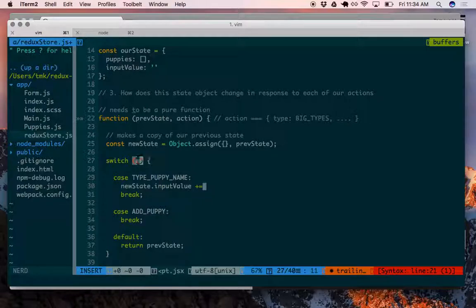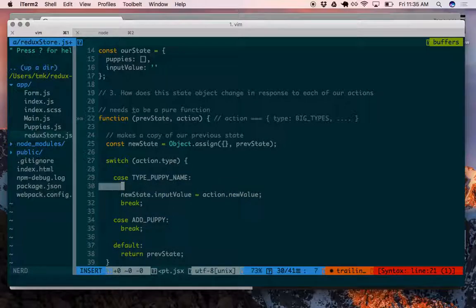So if we do this instead, we could say switch on action.type. We could say that when we type our puppy name, this action is going to contain our new value. Let's say that it's going to contain the entire new value, not just a single character. So we can just reassign new state.inputValue to action.newValue. So when we receive an action for type puppy name, it's going to have a type of